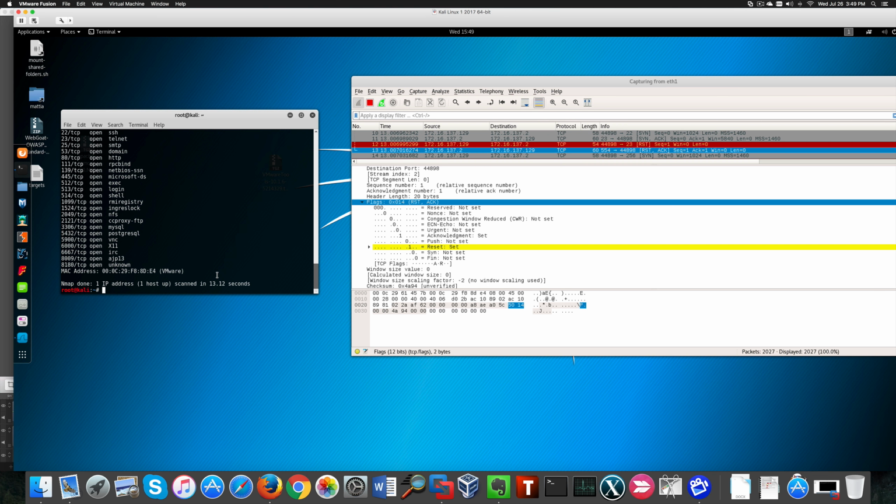But that's not what you want to do in an actual pen test, because there could be services configured on a non-standard port with so-called security through obscurity, or services using dynamic ports which are not exactly mapped, and they don't fall into the well-known ports range. So you can have Nmap scan all ports on a target machine, and we can do it